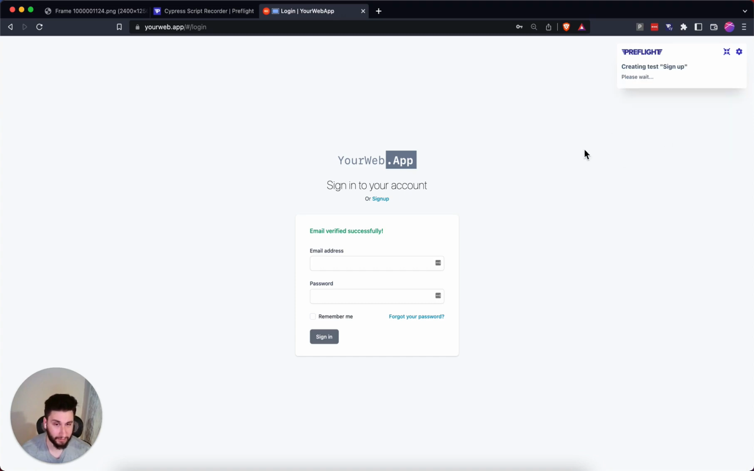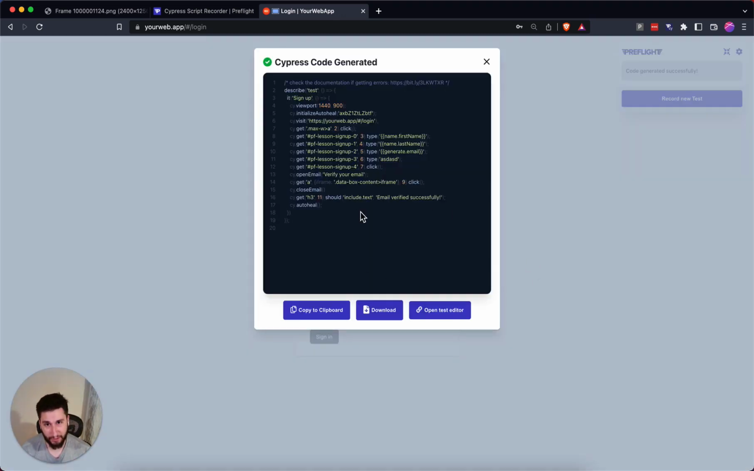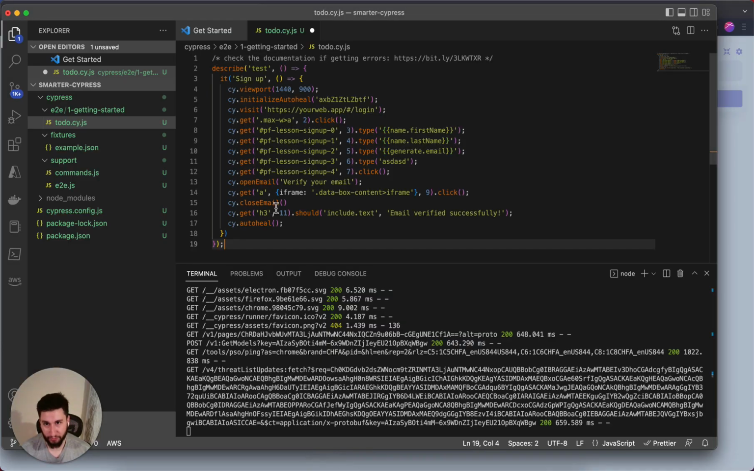When we create the test, it will actually generate us Cypress code. I'll just copy it to clipboard and open Visual Studio and then paste it right here. We have the test here, and we actually want to do multiple things. So right now we need to set up the environment for